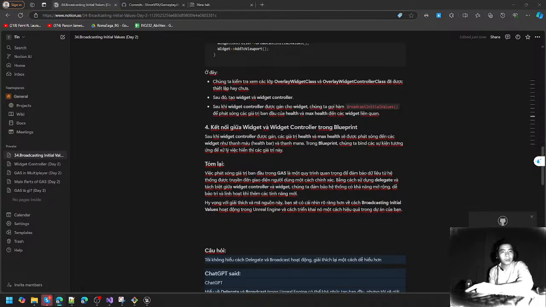Now, the widget controller doesn't know anything about the overlay widget. All the widget controller knows is that it has access to the 4 key variables. That's how it's going to access data to broadcast to the widget. And when we say broadcast to the widget, we are talking about delegates, because delegates are a great way to have one-way dependencies where our widget controller doesn't know about the widgets that it's broadcasting data to. The widgets know about the controller. That's the way that it goes. So our